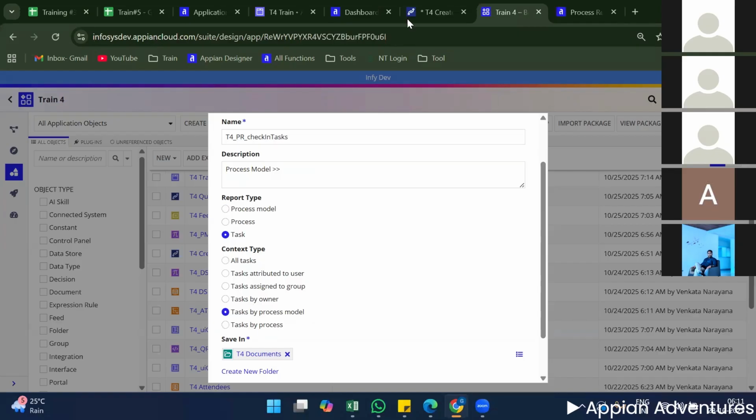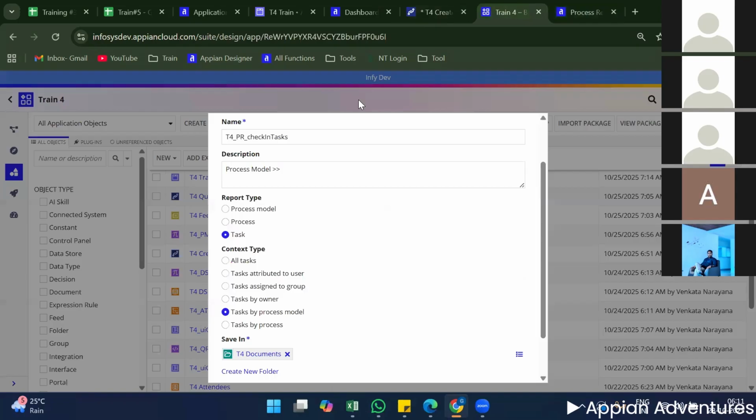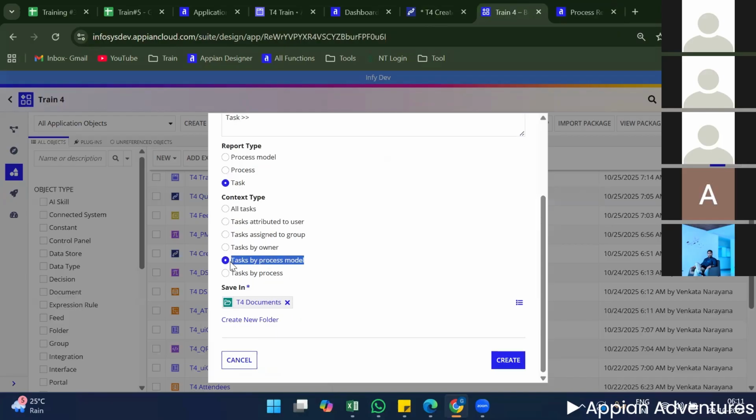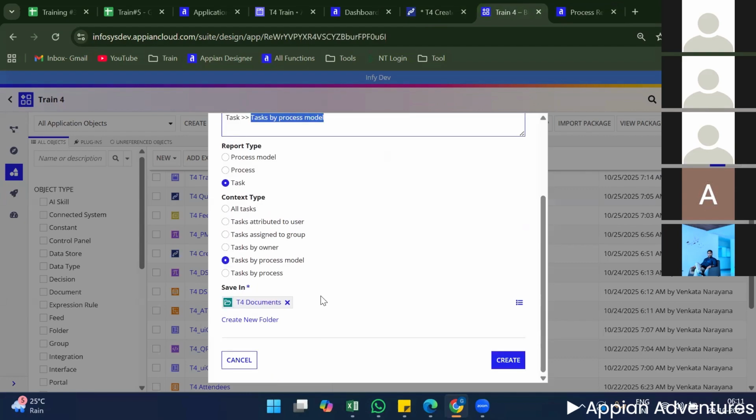So as of now, we will pull this process model task details, guys. Okay. So for that, I will add the process report type as a task here, and the task context type will be the tasks by process model. You have to provide this as a description, guys. So whenever another developer can easily understand this report type is the task type and the context is the tasks by process model. So now you can see this object which we are storing under the document type folder,